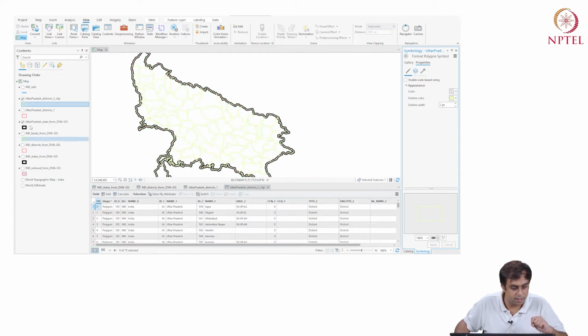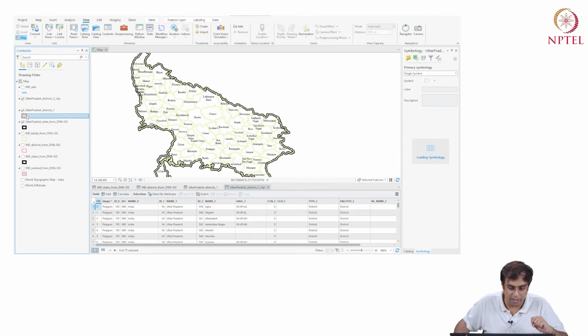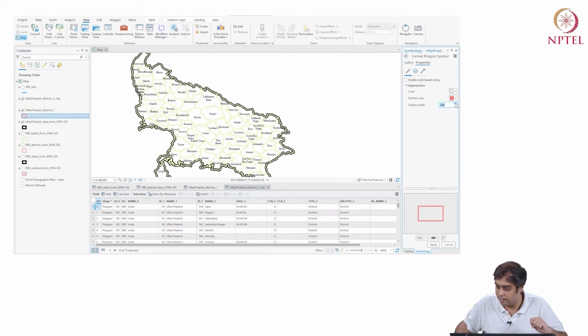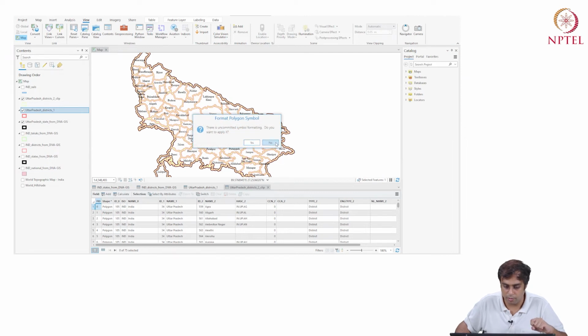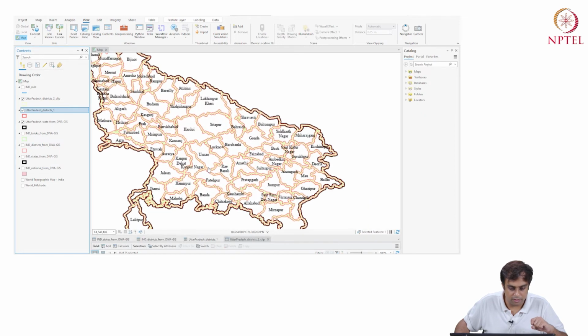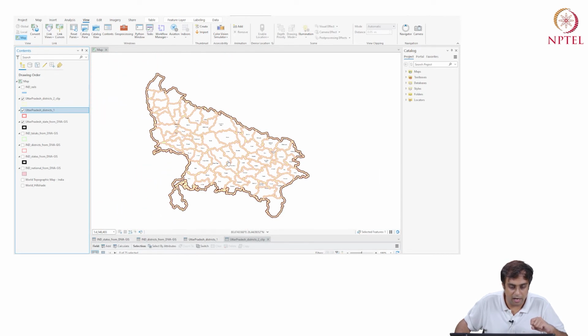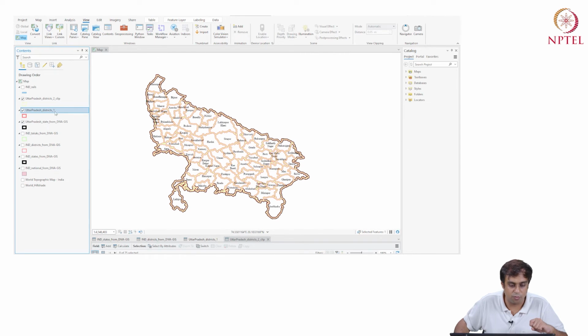Okay, it applies it. And if I open the other one, which is sitting behind it, and I make it slightly thicker, then I can visualize both. Okay, so now I have the India or UP Uttar Pradesh districts 1 and districts 2 files, which look exactly the same, but they were recovered with different methodologies. Okay, so I'm clipping the data, I'm bringing it in, and I can actually just work with Uttar Pradesh data.